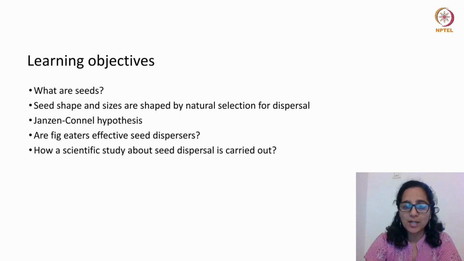We'll first look at what seeds are, why they are important, and why it is important for them to be dispersed. We'll also look at two scientists known as Janzen and Connell who proposed a hypothesis about seed dispersal. We'll then go into figs as a case study: who eats figs and how they effectively disperse the seeds of figs. And then finally we'll look at a scientific study about seed dispersal and how it is